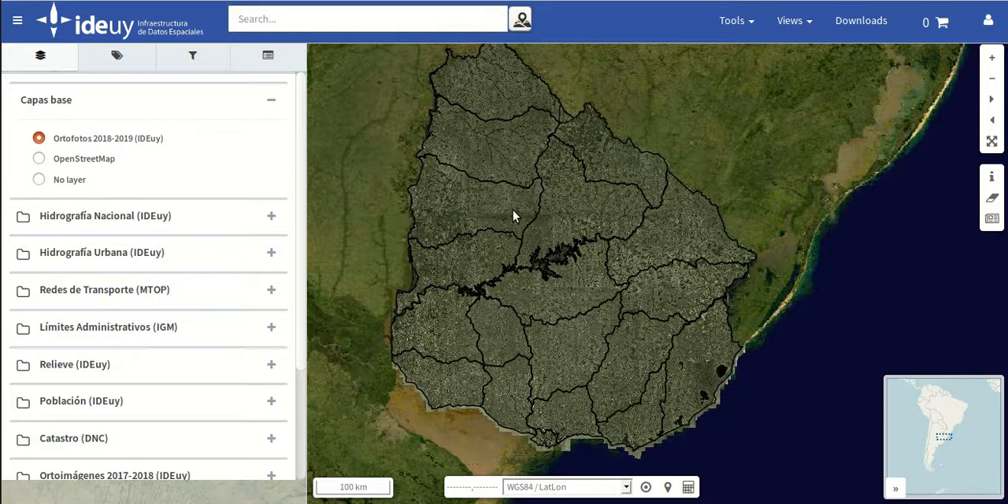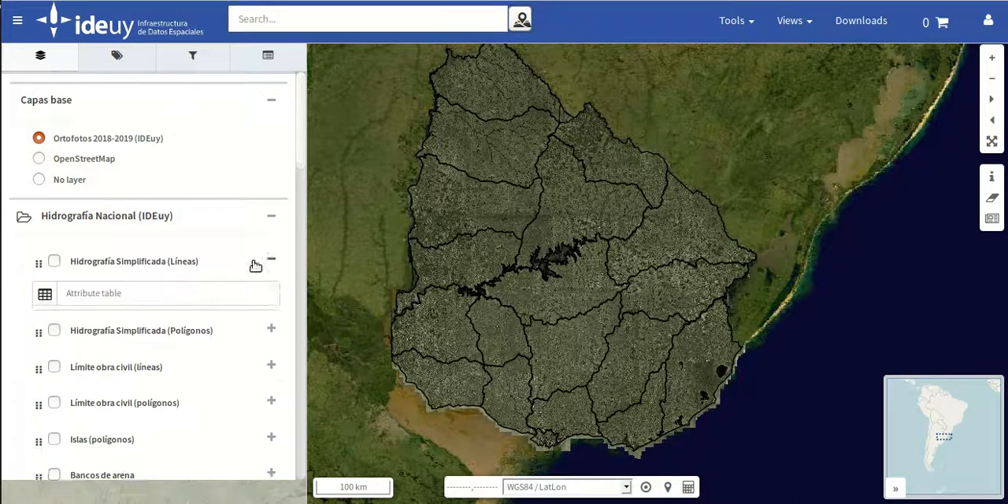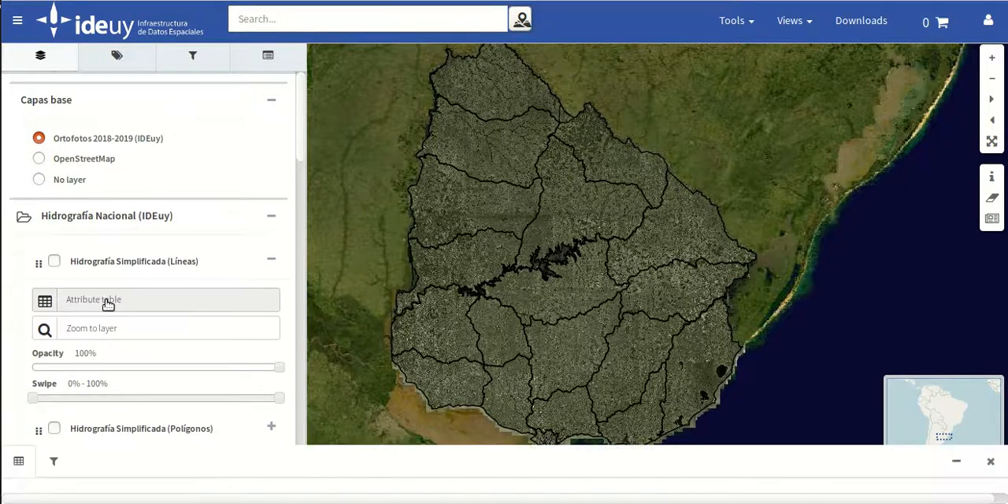Hello, we're going to see a video about one of the new features of the latest version of gvSIG Online. In this case, we are going to see the quick filter that is very useful for non-technical users. Until the previous version of gvSIG Online, the users had to access the attribute table to apply